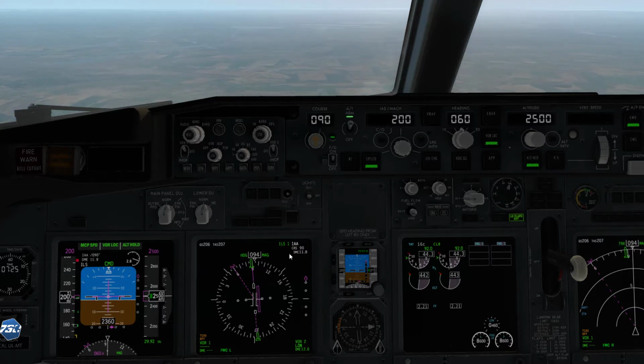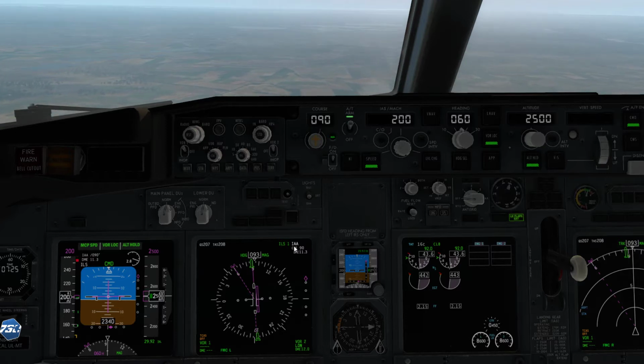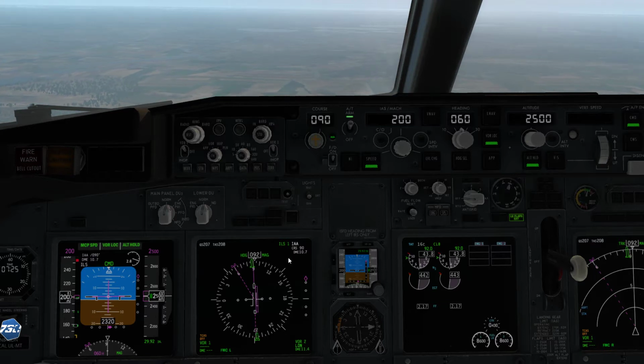If we look at the approach chart for runway 09 left, the final approach point is 7.5 miles India Alpha Alpha. So when we reach 7.5 miles, we will cross the glide slope, this ideal line, but we want to follow the 3 degrees slope towards the runway. This diamond will have moved somewhere here,